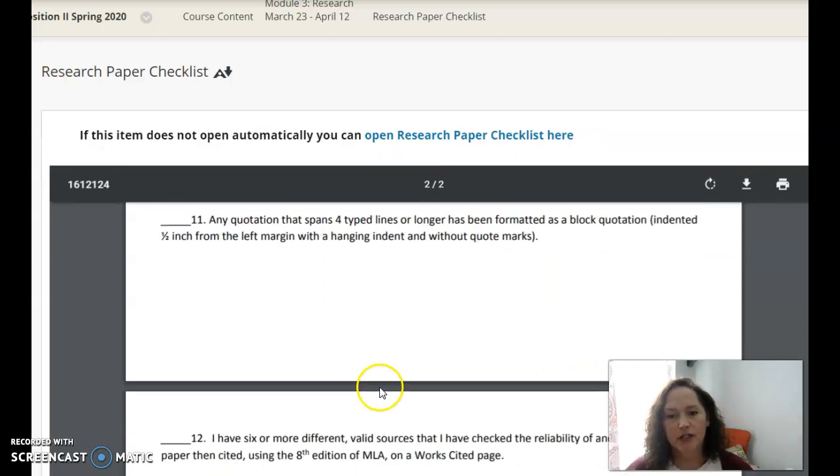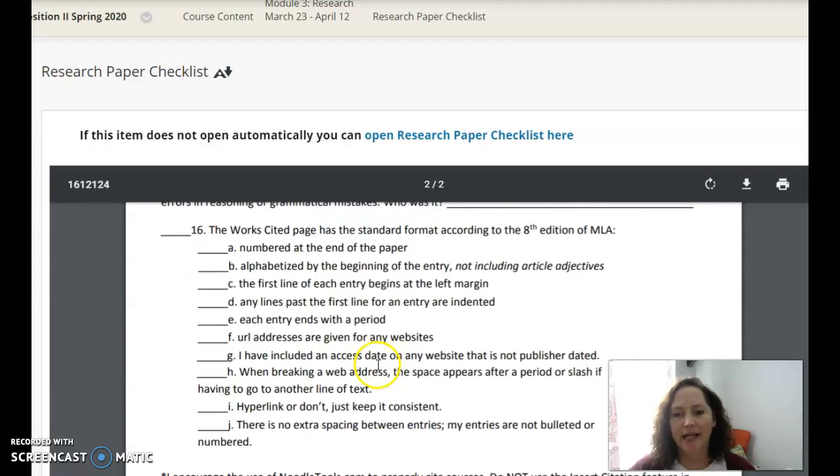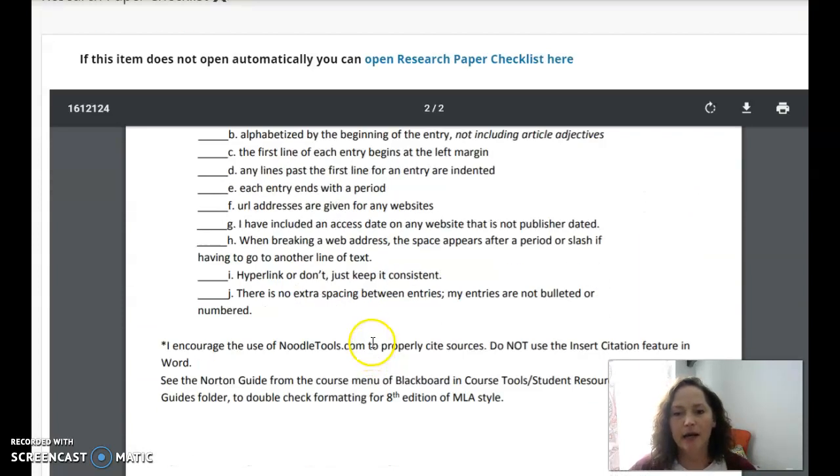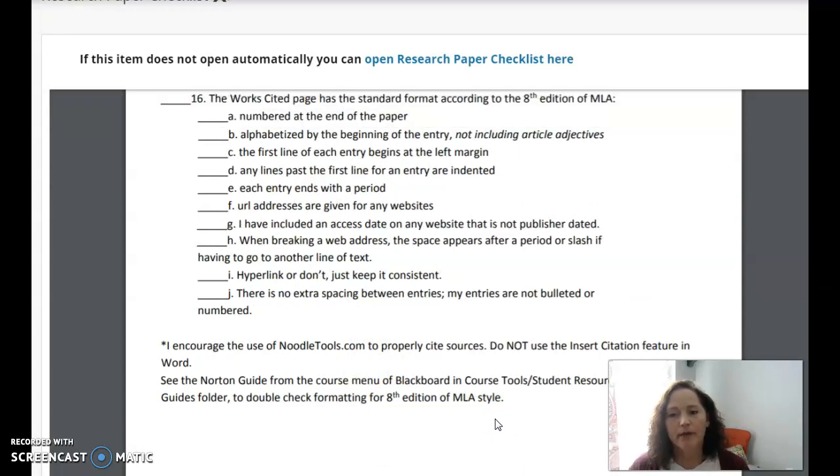Okay, so it tells you all about ways that you can get some feedback on your papers. Remember, you can use tutor.com from the course menu if you would like, using your Cali email. That's free. If you need additional time, contact tech support and they can give you additional time.